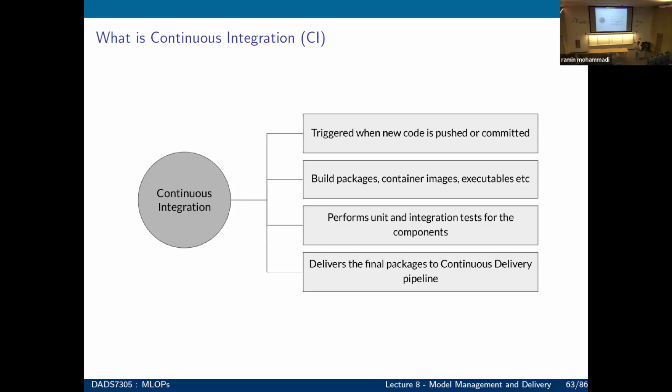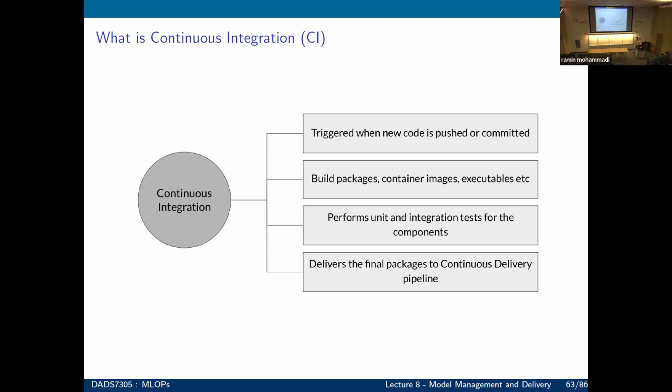What it's supposed to do, your CI, is triggered when there's new code in your GitHub. So that's the first step in your Git action. There's a trigger, it's like, okay, new code, either pull or push or merge. It will build package, container, image, and executable. It will perform a series of unit tests and integration tests on the component, and it delivers the final package to